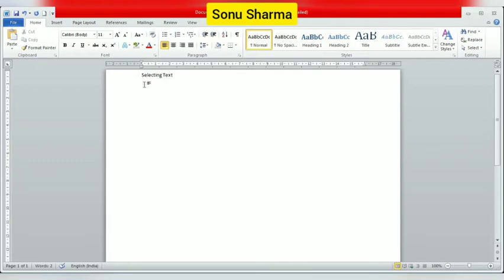Before doing anything you have to select the text. So how can you select the text? Using the mouse button. Click, you can see the cursor here. Click the cursor here, then click and drag like this with the mouse button. Okay, now it is selected. Now you can see the gray box made here. This is called the selection. Only after making the selection can you make any changes. You can edit anything. You can increase the font size, decrease the font size, give color, change the font, everything.